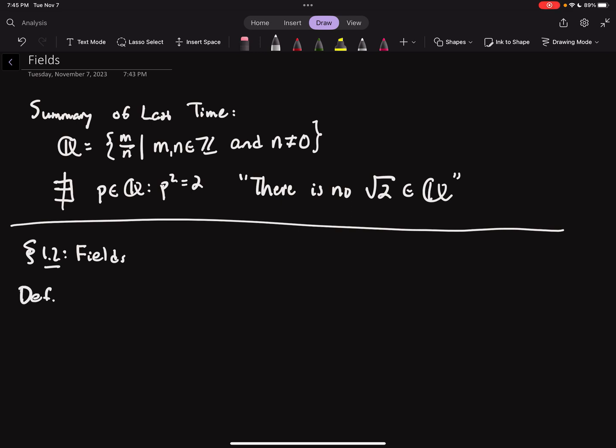And so last time, lemma 1 was the proof that there's no square root of 2. So we're going to keep a running definition and theorem count. So this will be 2. Definition 2. A field is an ordered triple